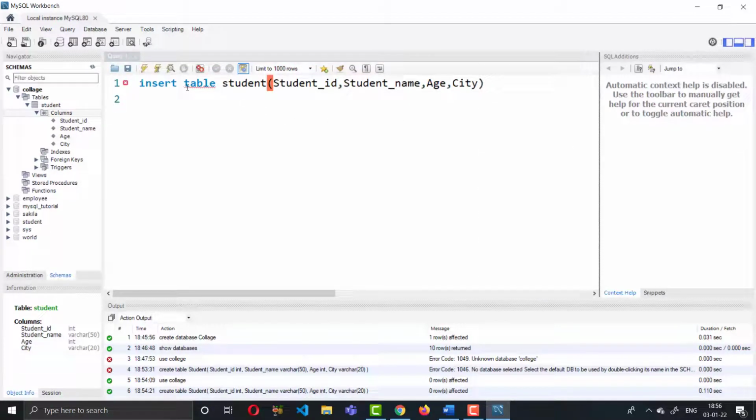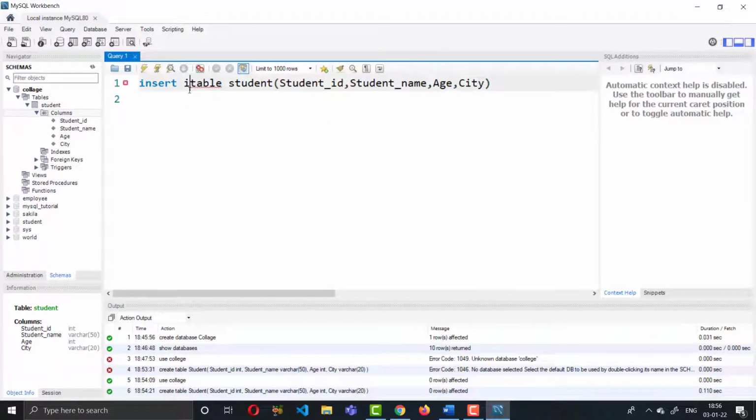Okay, insert into, here I forgot, insert into this table. And this is the structure of the table we are passing in the student.